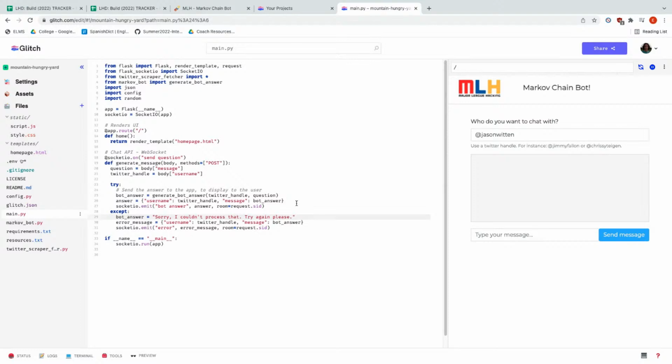So instead of causing the whole program to crash when something goes wrong, we create this except block that says if an exception is thrown, just say sorry, try again. It's a really commonly used thing in programming.